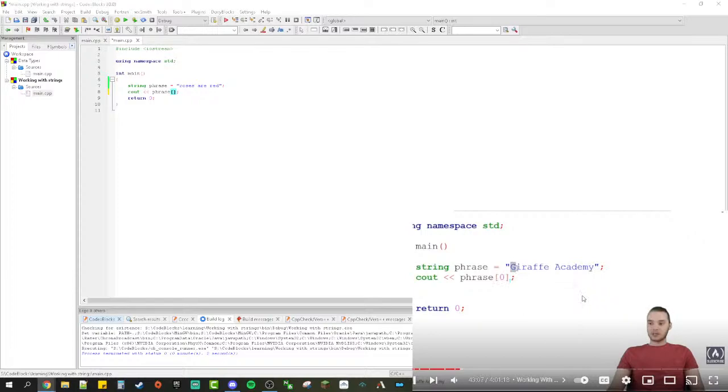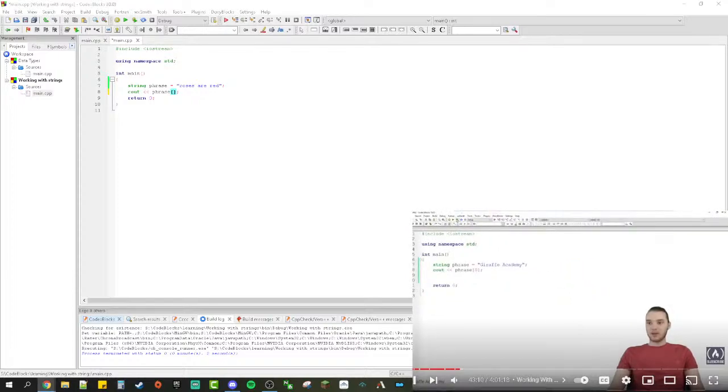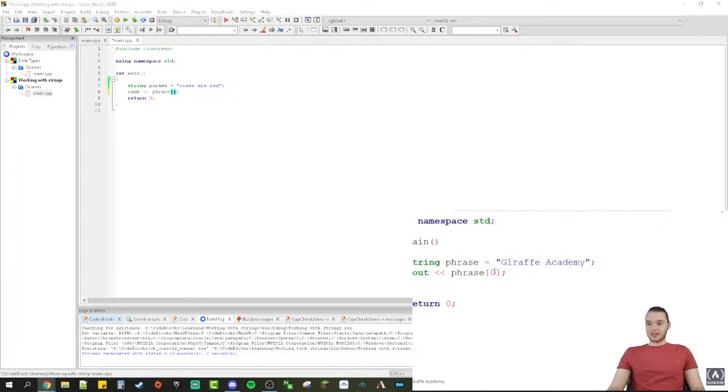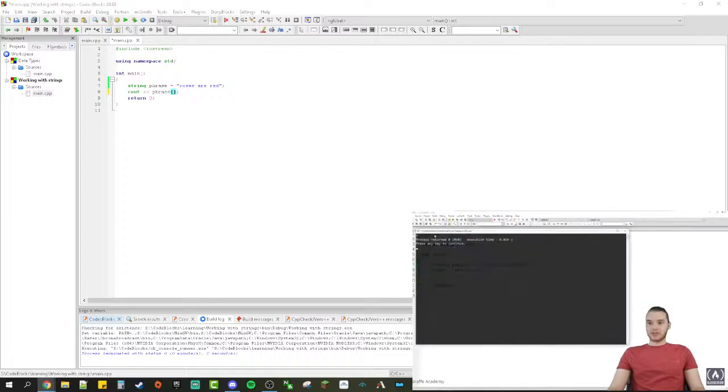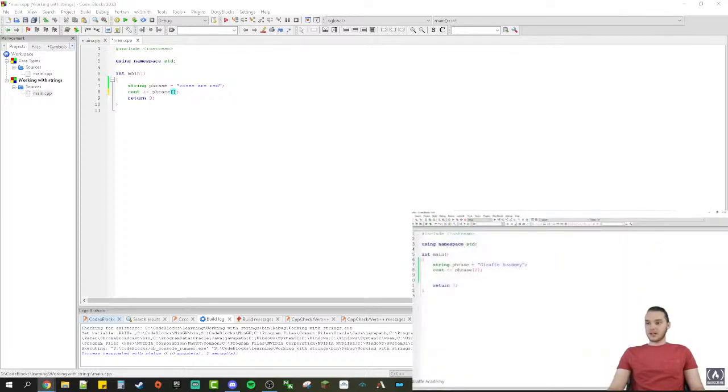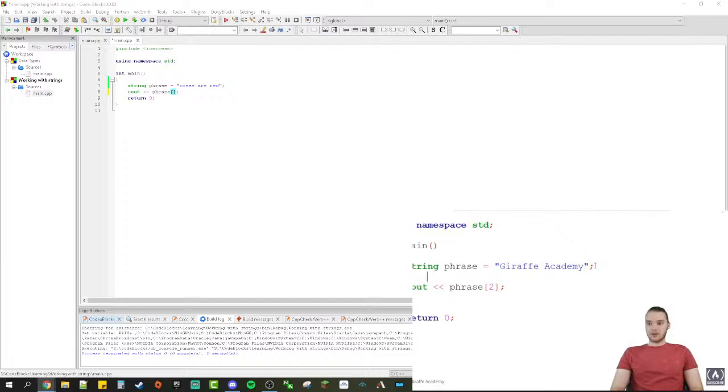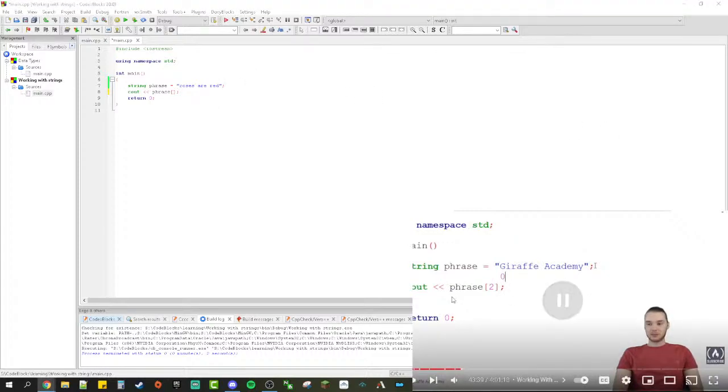And 0 is going to refer to this first character in the string. So now when I run my program, you'll see we're just printing out this capital G. If I wanted to access this R, for example, I could say 2, and 2 is going to refer to this R. So now when I run my program, we're printing out R, as you can see over here. So if you haven't caught on yet, whenever we're indexing a string, we're starting at 0. So if I was to assign index positions to each one of these characters in the string, I would say that G is at index position 0, I is at index